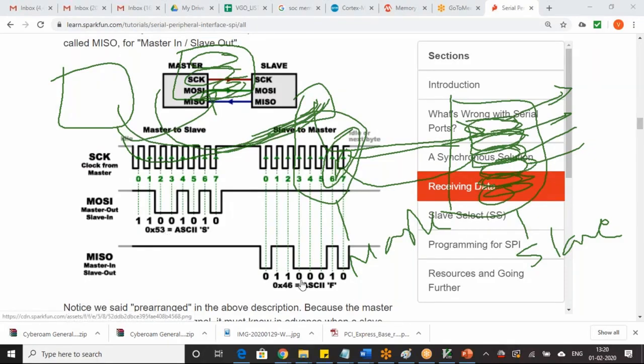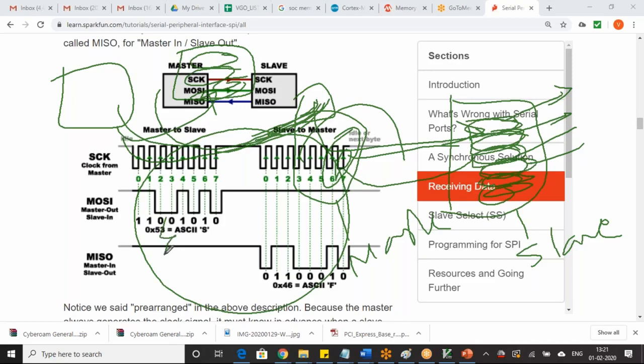Temperature we are reading. So what is the temperature we are getting from the slave? 46 is a hexadecimal value. 46 hexadecimal we are reading. Next, if I want to read some other information, I have to create a similar diagram one more, where instead of 53 I'll read 54. My slave will return some other data.